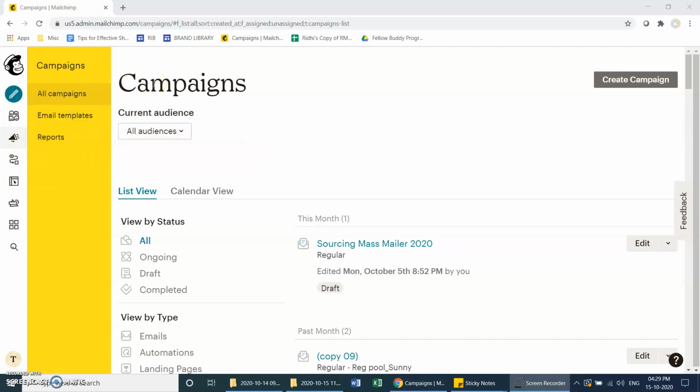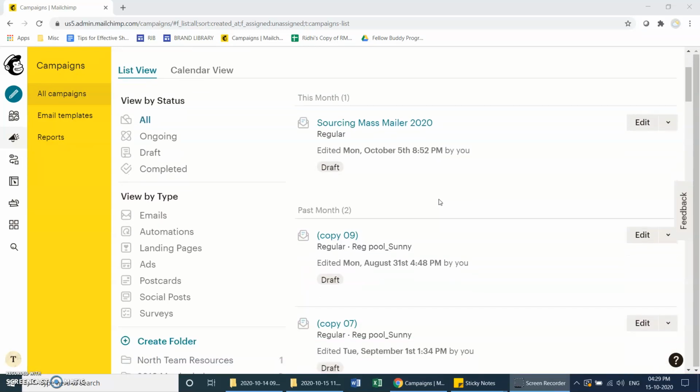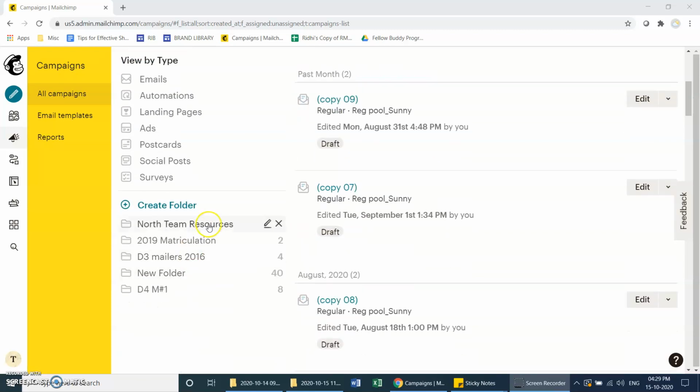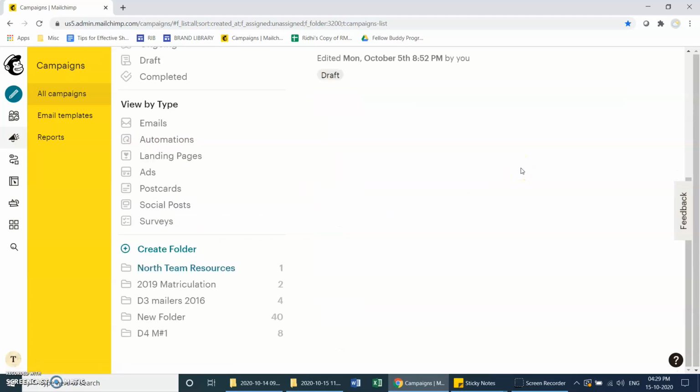If you don't come there automatically, you can come there by clicking on this speaker icon and you will come to campaigns. Now, there are two ways how you can create a new campaign for yourself. The first one is by using something that has already existed, or the second one is by creating a new one. So I'm going to use one of the campaigns that I created before.